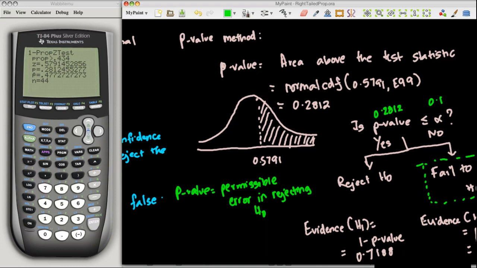In addition, if you want to sketch the p-value, you can go to 5, and instead of calculating, you just draw. If you press draw, you can see that the calculator sketches out a p-value very similar to what I had sketched out here. So that is how you perform a right-tail test using the score statistic, using the manual approach, as well as